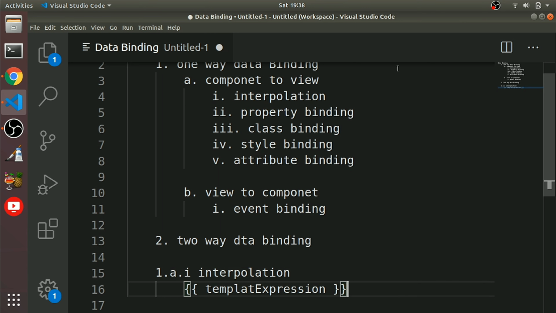So this is the HTML property we are binding to, and this is the component property. Let's save. Go to the browser, it's here, right? Click here. If you inspect, innerHTML, right?